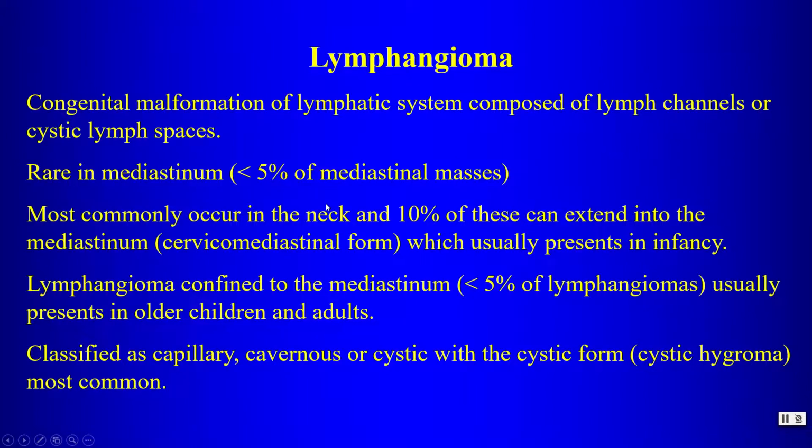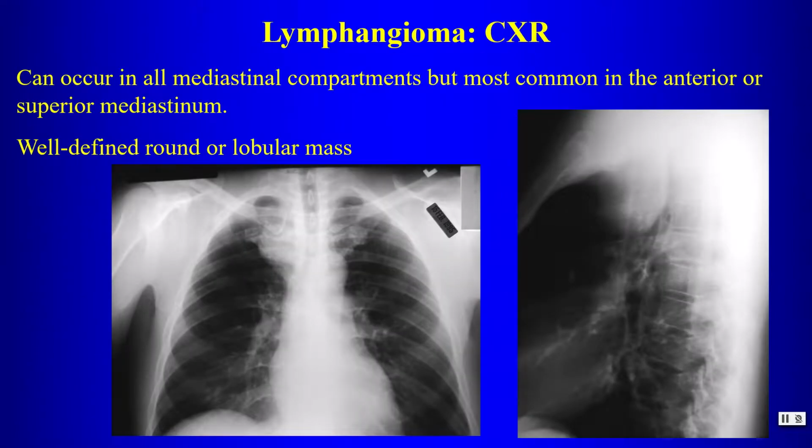So this is unusual in the mediastinum. These tend to occur in the neck, but can extend down into the mediastinum, especially in children. You can have lymphangiomas, though, that are confined to the mediastinum in older children and adults. So these can be classified as capillary, cavernous, or cystic, with cystic hygroma being the most common. These can occur in all mediastinal compartments, but most commonly in the anterior mediastinum, especially in the anterior superior mediastinum